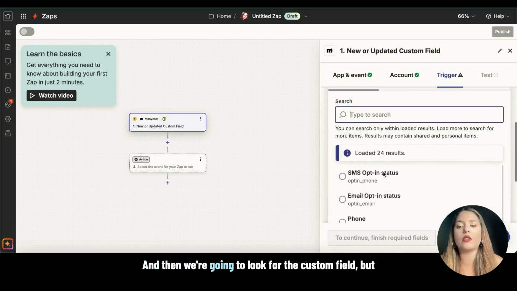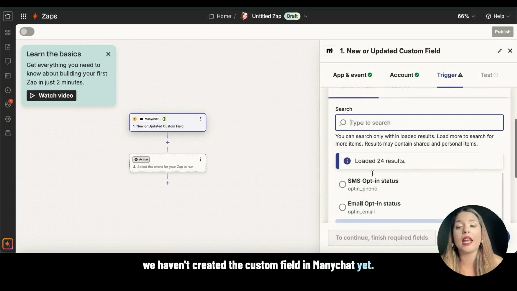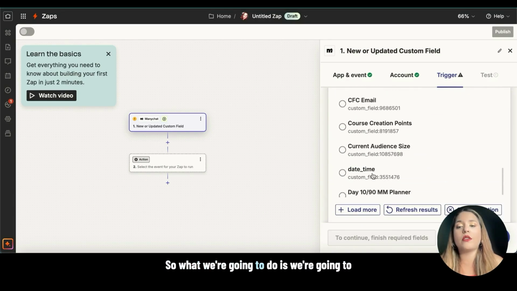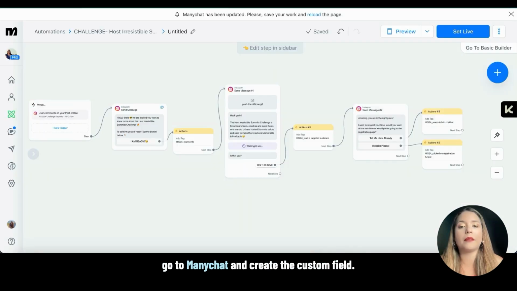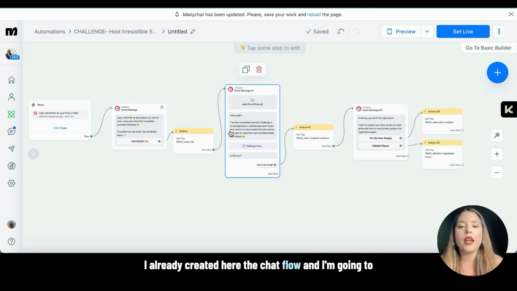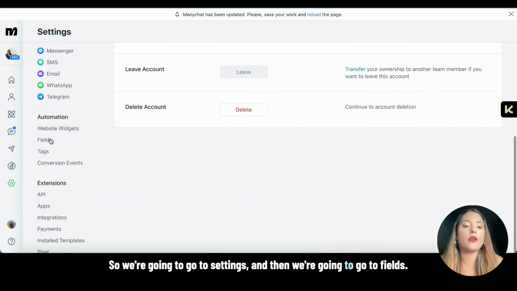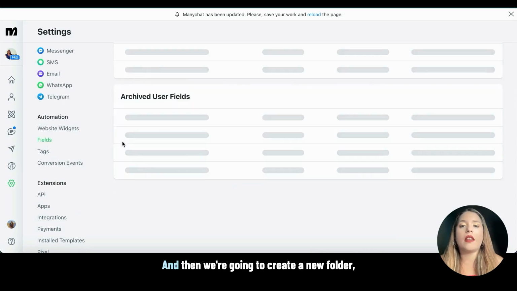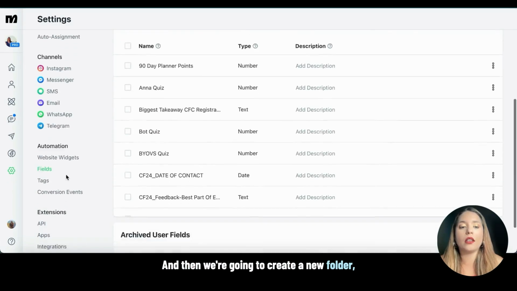And then we're going to look for the custom field, but we haven't created the custom field in Manychat yet. So what we're going to do is go to Manychat and create the custom field. I already created the chat flow here, and I'm going to be asking for email, last name, and first name. So we're going to go to settings, then fields, and then we're going to create a new folder